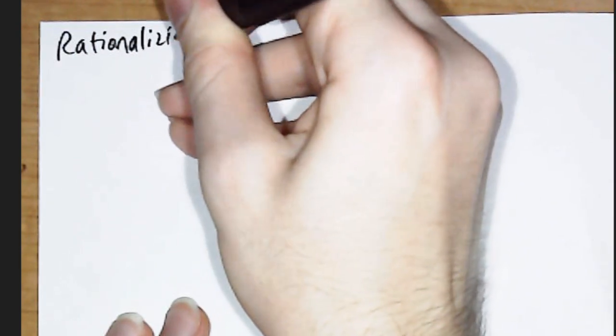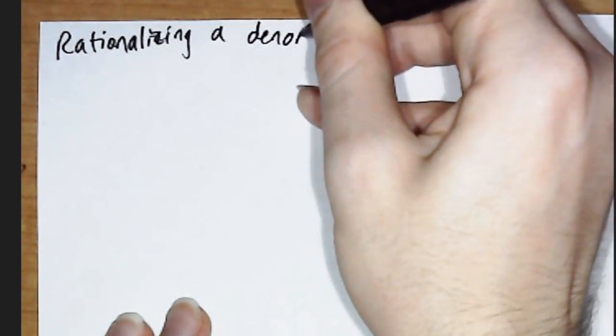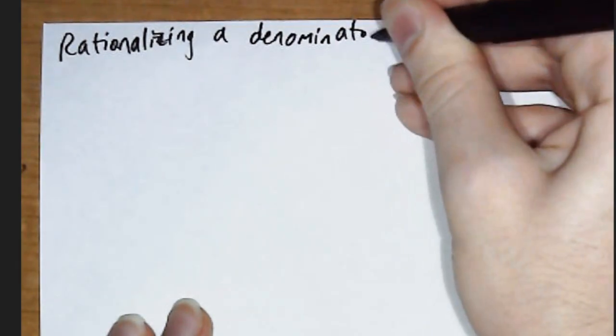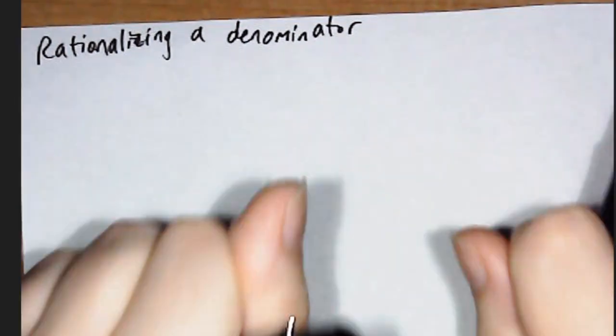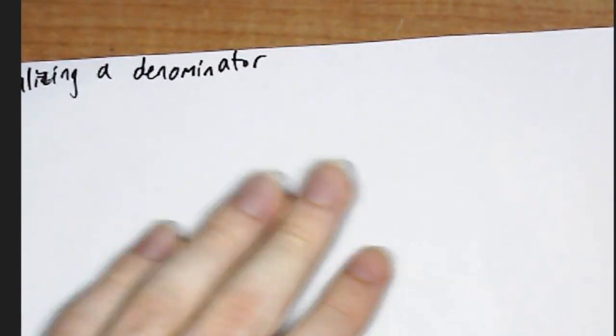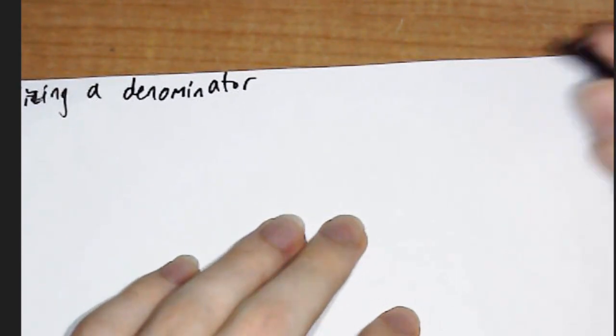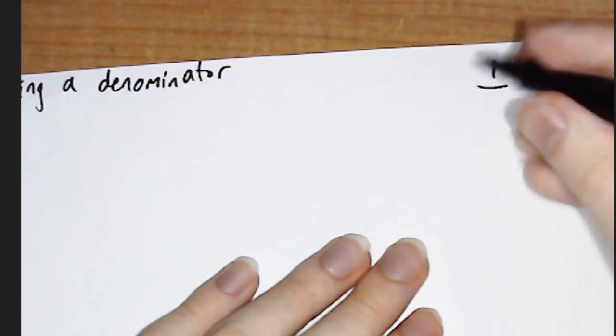Alright, so here are the second set of notes on radicals. This is on rationalizing a denominator. The point of these notes is to really hammer home that we can't have square roots in the denominator. I want you to write over here that having, and it doesn't have to be a square root, having a radical in the denominator